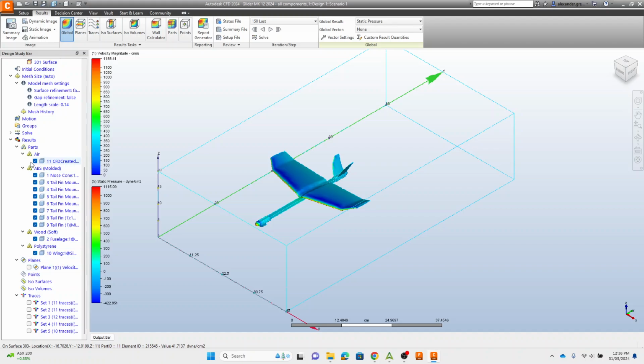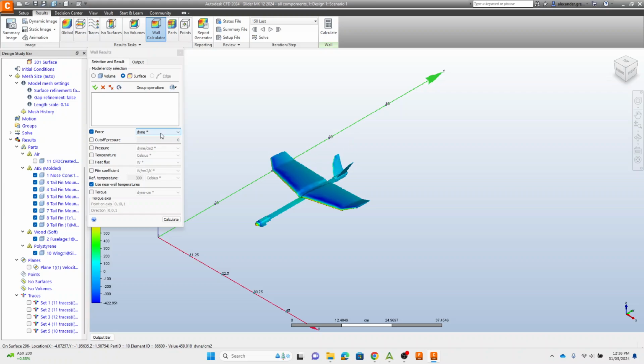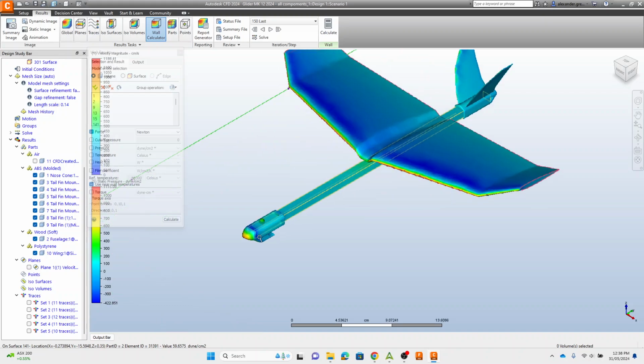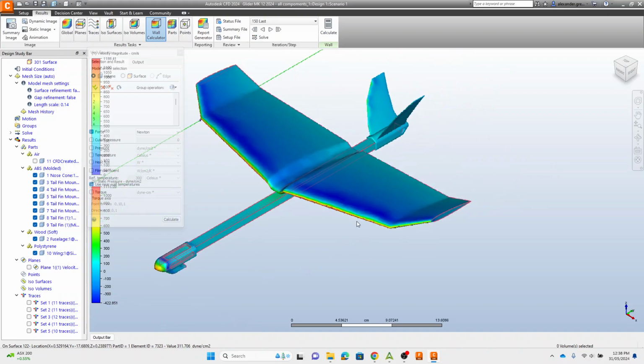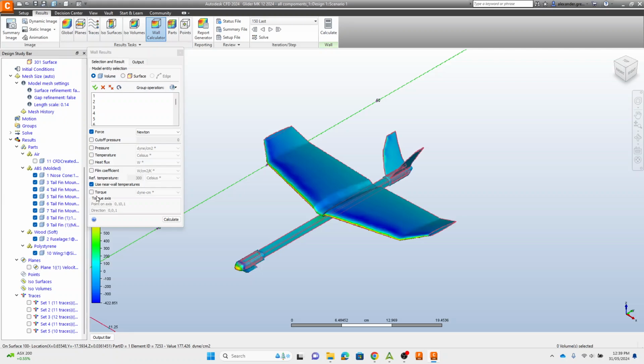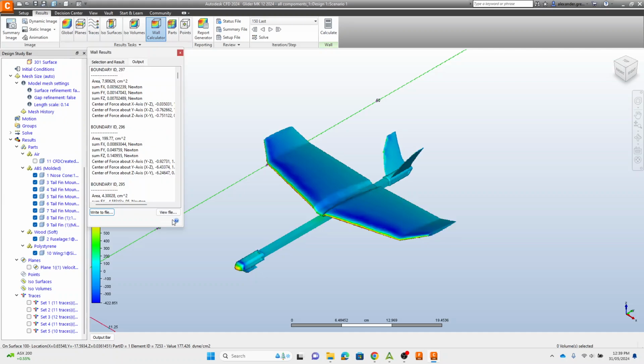I'm going to turn off air, go to wall calculator, change force to newtons, change it to volumes, and select the volumes I want. So you have to directly click there, the volumes that you want. So here's that: tail fin 1, 2, and 3. Okay, that's pretty much everything selected. All right, now this is the proper way to do it, so I'll try and edit out that other bit there. Now with all those volumes selected, I want to go to calculate, and this is what I want to see. So the output file,